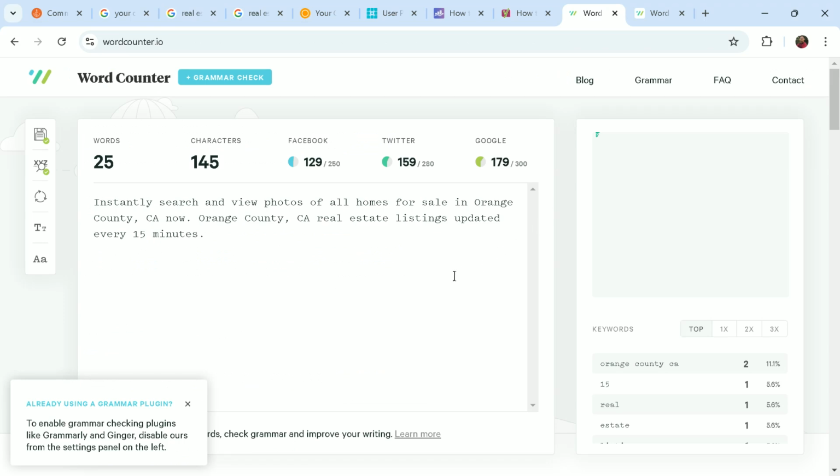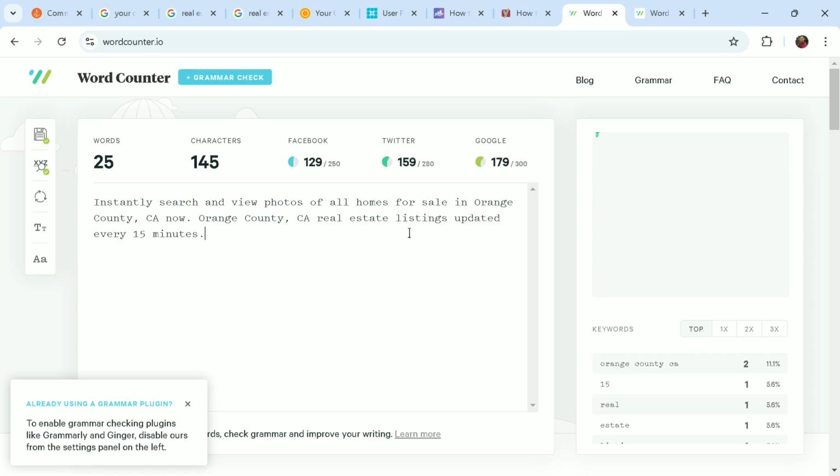So now let's go to what makes a good meta description for search engine optimization. Right now, I'm on a word counter website. We have the following call to action copy. According to Yoast, here are the 7 things that you should watch out for. First, you should keep it up to 155 characters. You can see here that we only have 145. Second, you should use an active voice. Third, you should include a call to action. Fourth is to use your focus key phrase. Since this one is for a real estate page, we should have the real estate keyword right here.